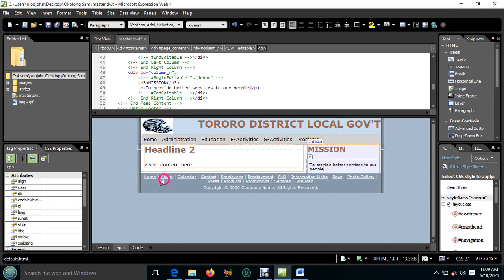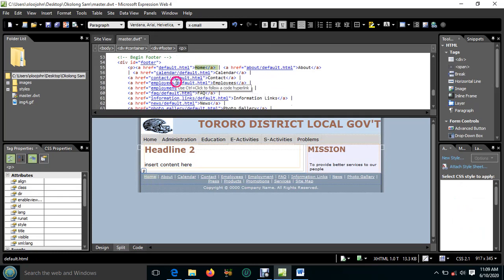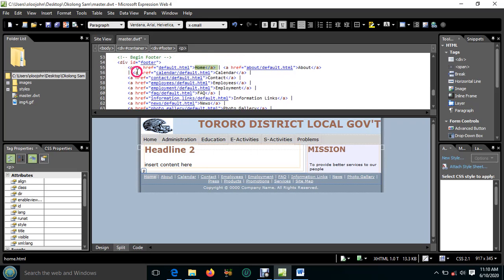Now under the footer section, for now we are not going to use these buttons here, so we want to remove them all. So select one of them to show you where it is on the code, and you delete it from the code. So you can see footer, we have a home, which is this one, and there under paragraph. So what that means is that we are going to delete the paragraph away. So from this paragraph, delete it to the last one,